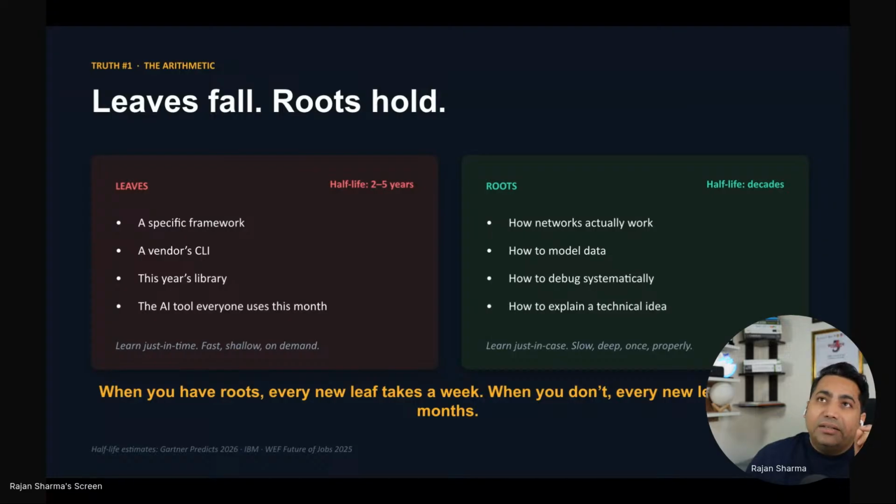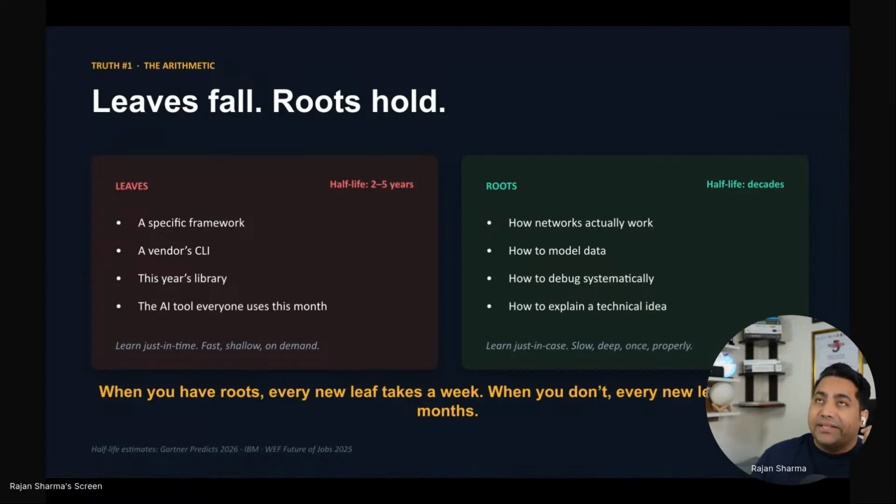The great expectation for the people is that they should spend half of their life on technical skill on the root prospect. So the leaf will stay maybe 1 year, 2 years, max three. That's all. But the root is going to stay with you for decades.